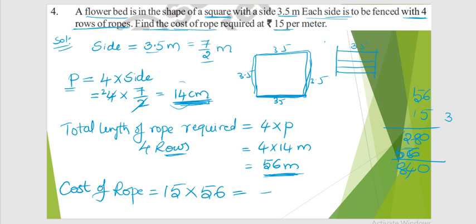So totally how many rupees are required? So we require 840 rupees. So the amount required for this is 840 rupees. Since the length is very small, that's why we got less amount. Okay. Next,